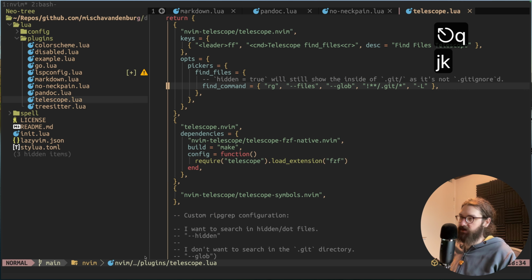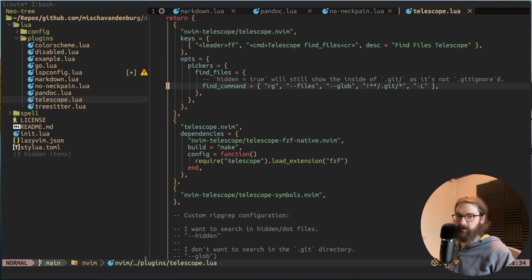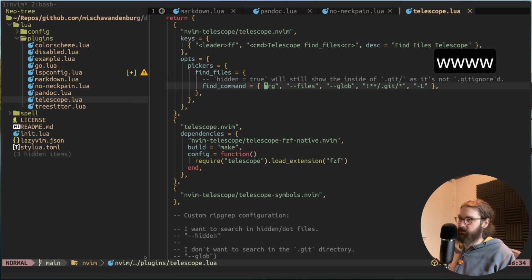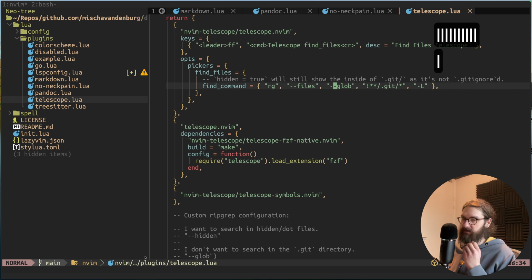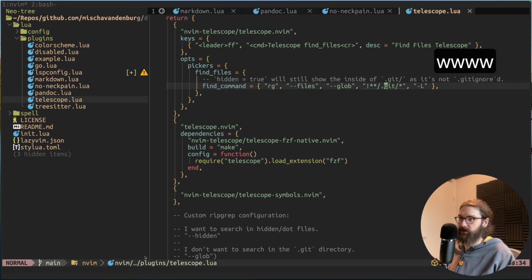But I have changed this from normal grep to ripgrep. Ripgrep is a program that's a lot faster than normal grep. And then for the command, I'm also passing a few flags here. So --files and --glob. That means that it allows me to use globbing for it. And I ignore the .git directory when grepping. And -L, I believe,